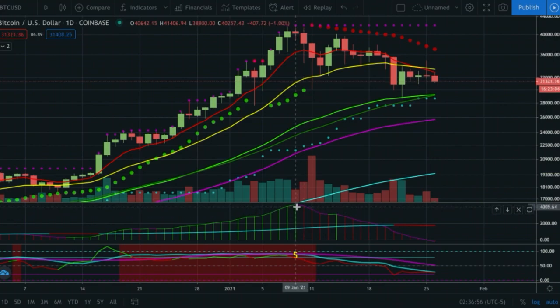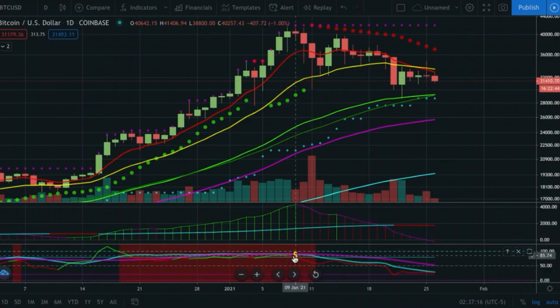You'll see TDMACD called out the perfect top right here. You'll see where this rolled over. That was the absolute peak in price action. We then got multiple histograms in a row. We've only gotten one green since then. The slope was blue and to the upside. We flipped the slope back over red now. Once we lost the slope as support, it flipped over red. We are in a confirmed downtrend.